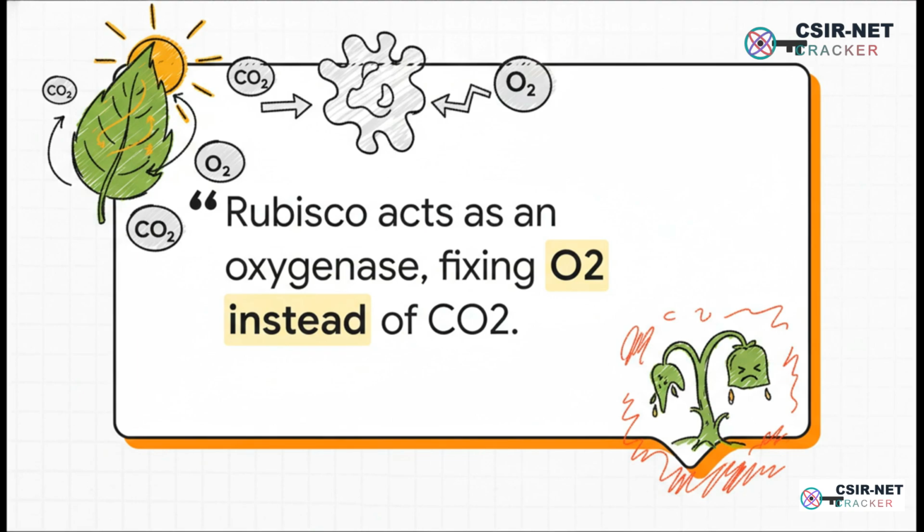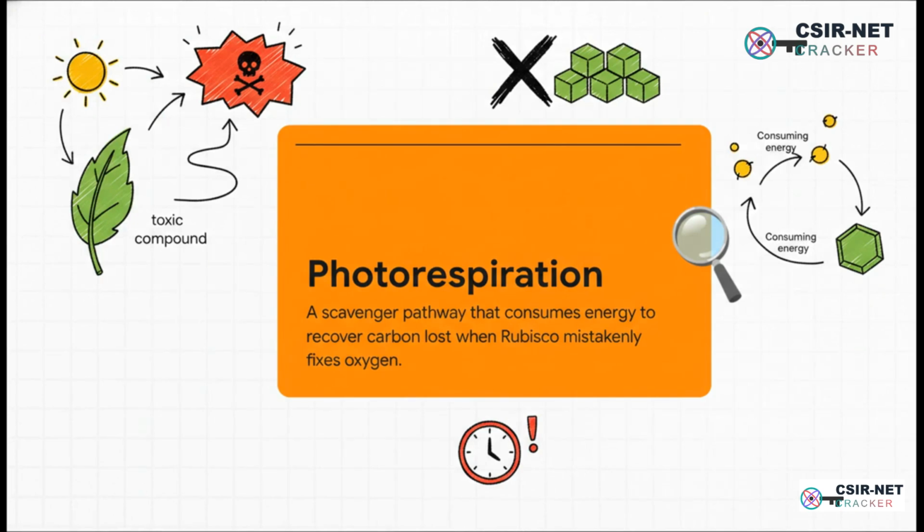And that might sound like a tiny little slip-up, but the consequences? Oh, they are huge. This one little mistake triggers a whole cascade of problems called photorespiration. And what it does is create a toxic compound instead of the useful sugars the plant needs to live. It's super wasteful, it burns a ton of energy, and it's a problem the plant has to solve, like right